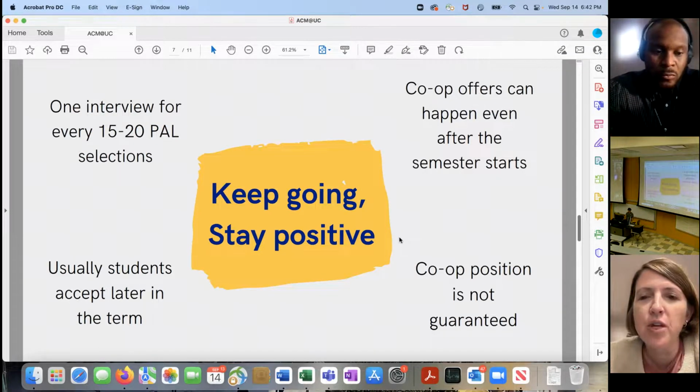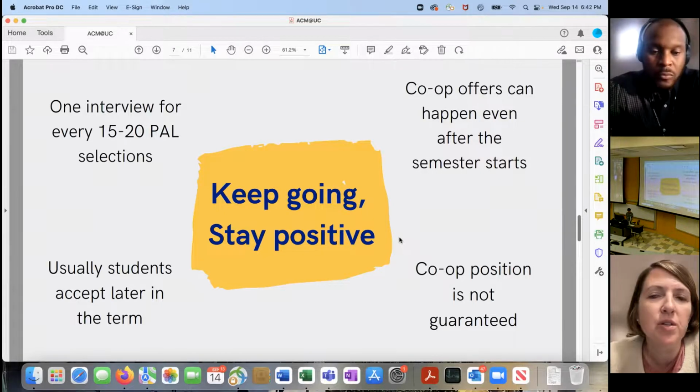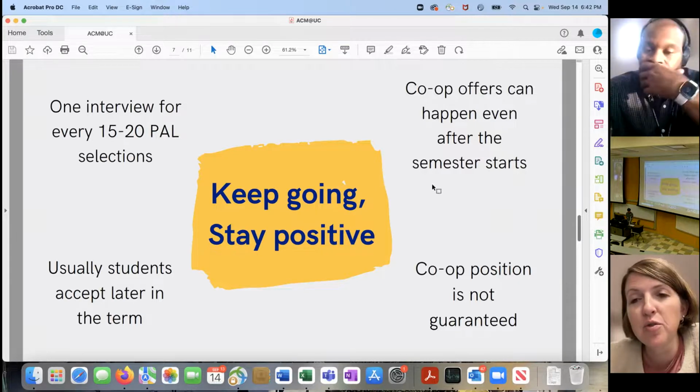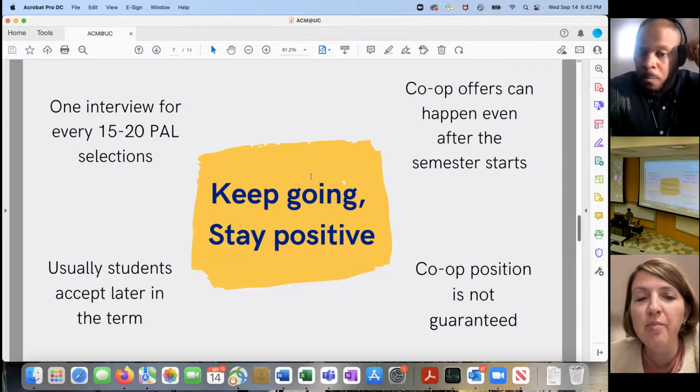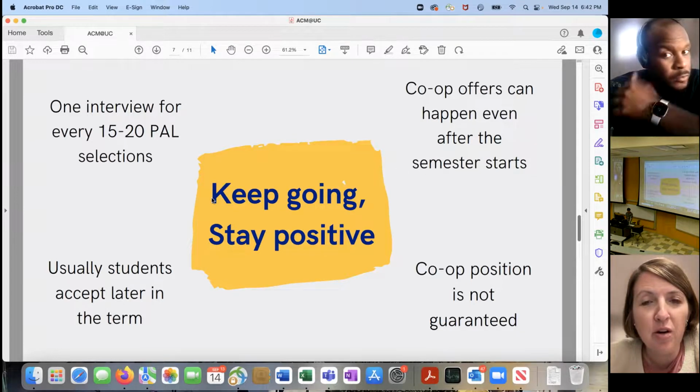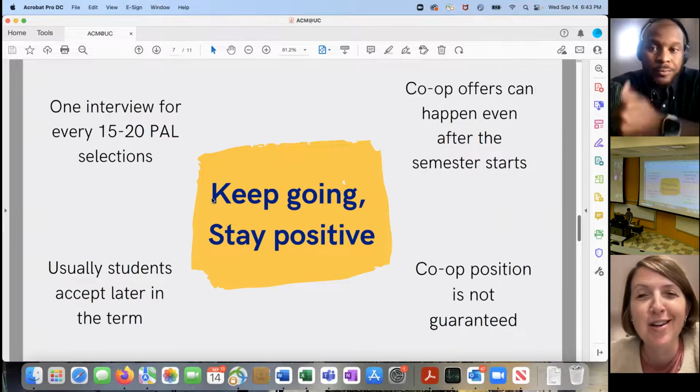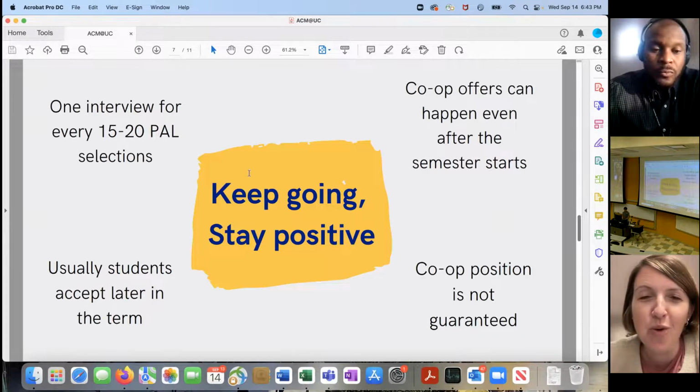These are just a few things, co-op wise. A lot of our students are still getting co-ops even after the semester starts, so never despair. It can happen later, although I will say Professor Clark and I are front loading our students' search for spring early this fall. So we're doing all we can to keep everybody on track and have those co-ops.